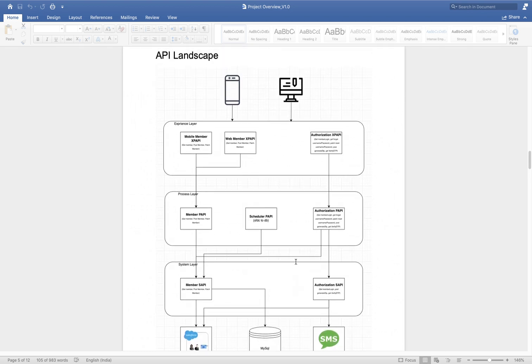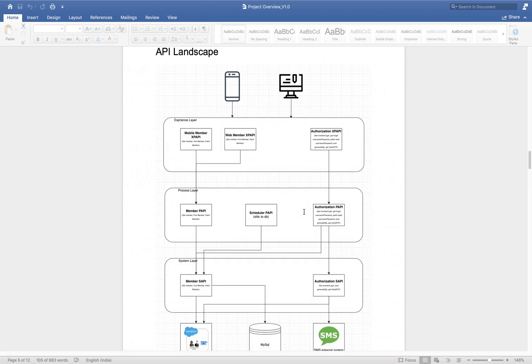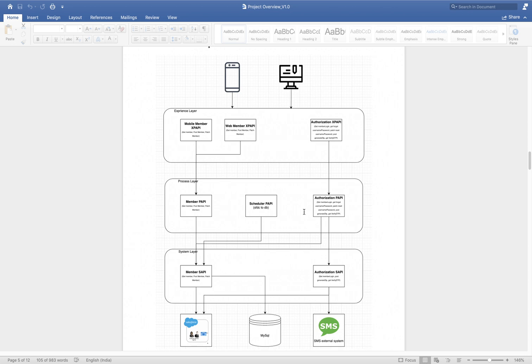Now here you can see the API landscape. Before that, is there anyone who doesn't know what API-led architecture is? This API-led architecture is nothing but microservice architecture.